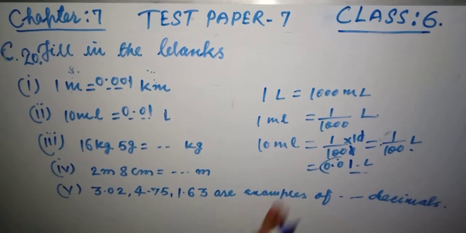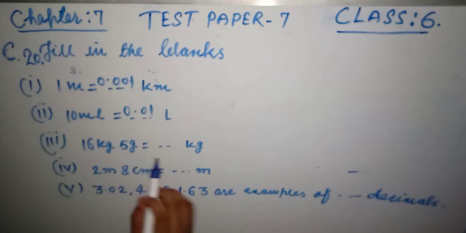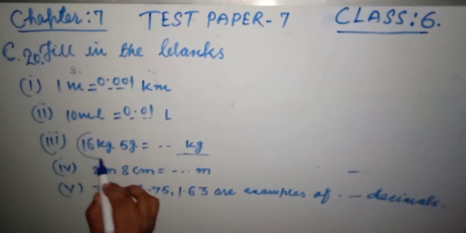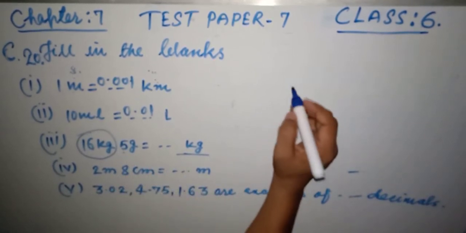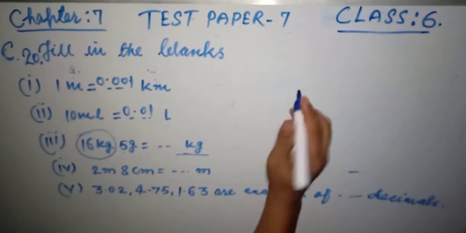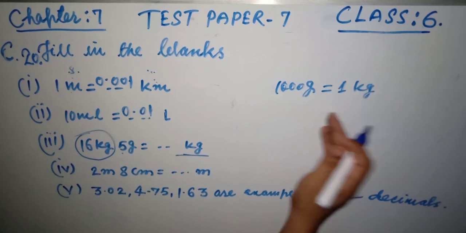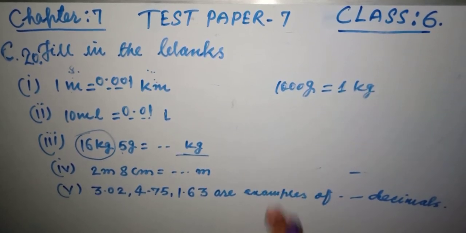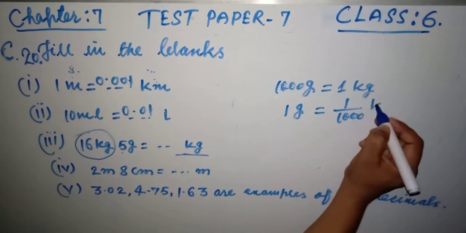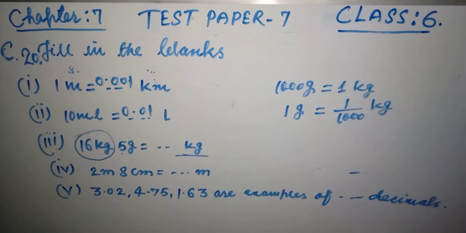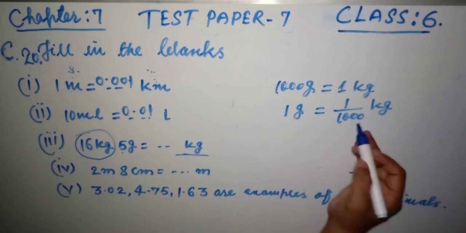Similarly, we can go ahead friends. 16 kilometer and 5 gram, this is kg. So here is no problem at all because this is already in kg. Now we have to change this 5 gram. So 1 kg, or either 1000 gram is equal to 1 kg. Or either we can write 1 kg is equal to 1000 gram, both are the same. So now 1 gram is equal to 1 by 1000 kg friends, because the gram is very small and the kg is very big. So we will move from smaller to bigger, means we have to divide by 1000.